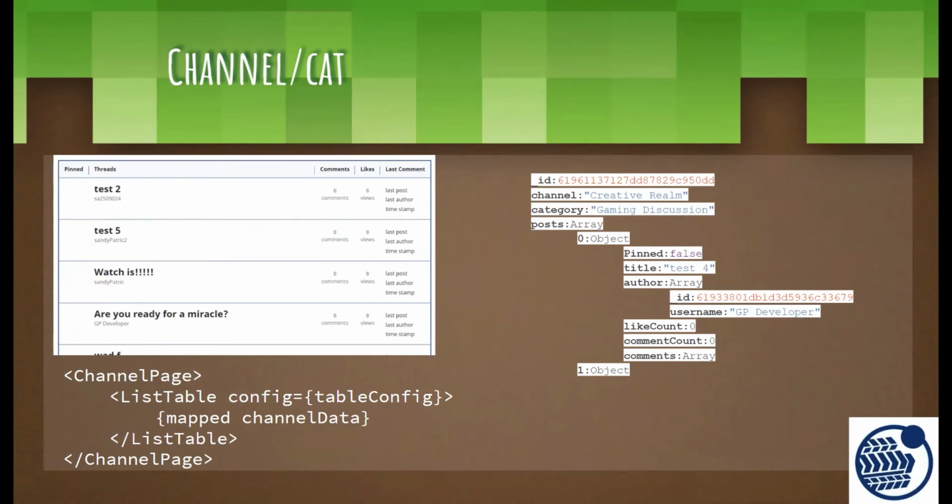Then a very similar thing will happen as well. The backend server will run through a series of different stages of the aggregation pipeline to look up, match, populate, and filter the data that the front end client will use, and then return it to the front end client. And again, once that data is received by the component, we will use this reusable list table component and render out